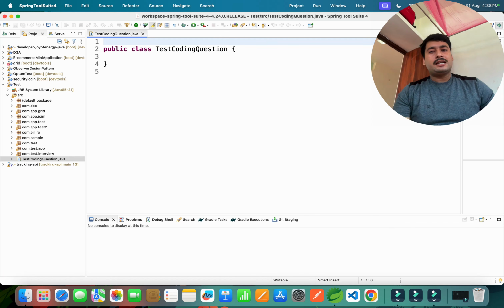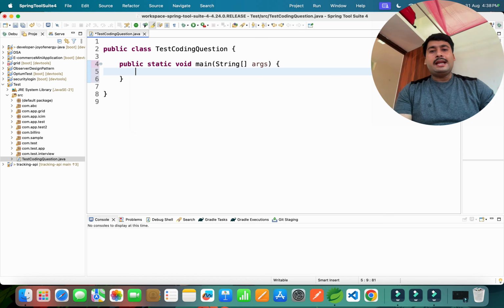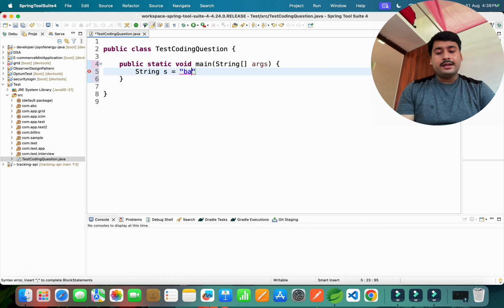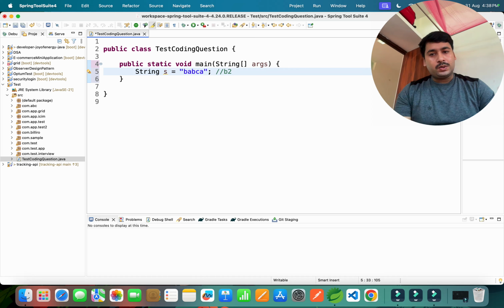I'm going to create one main class and give one question to my candidate: you have one input string, a string s equal to "babab ca" as given, and I'm expecting the output with Java 8 features, which is b 2 times, a 2 times, c 1 time.